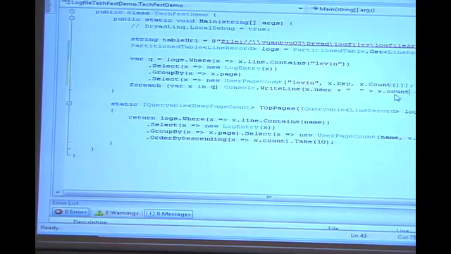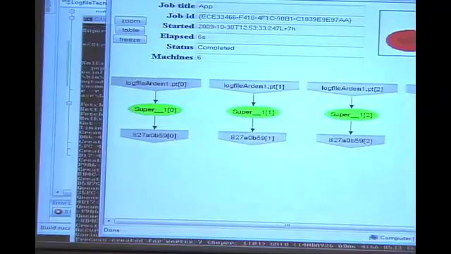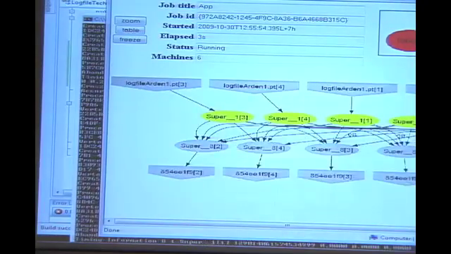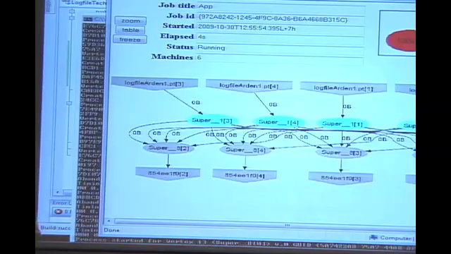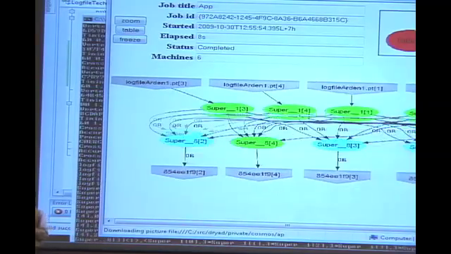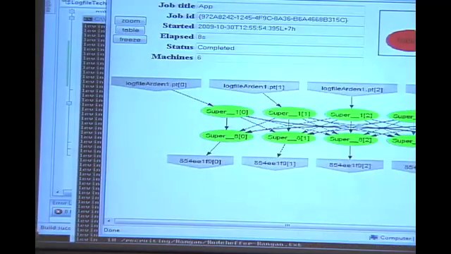So that's a program, and if we run it, if you are familiar with MapReduce, this is exactly something like a MapReduce. So the graph looks just like what MapReduce is.